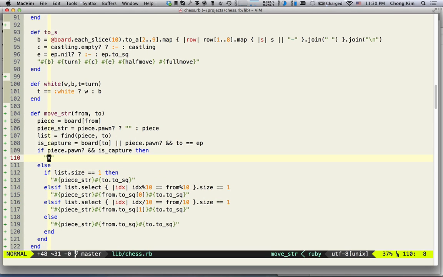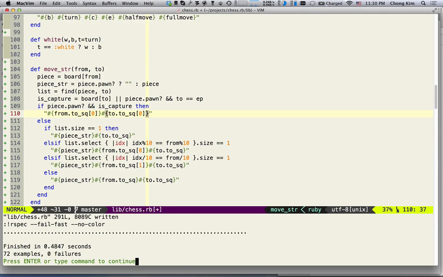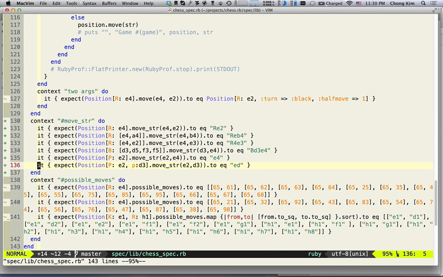So if it's a capture, then I wanted to say from square, just a column, and the to square, the column. Okay, it passes. All right, but there may be some ambiguity, so let's take a look at some of